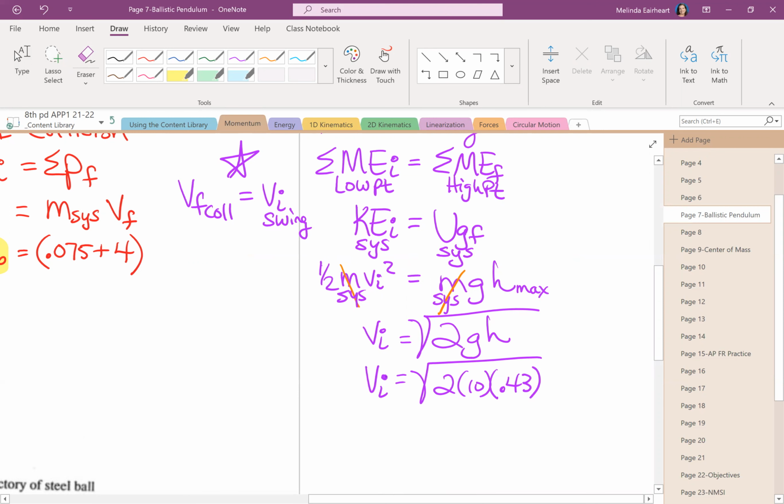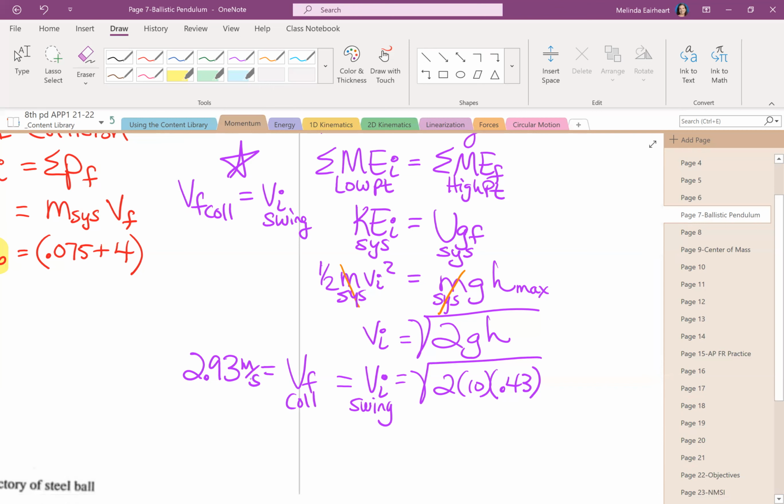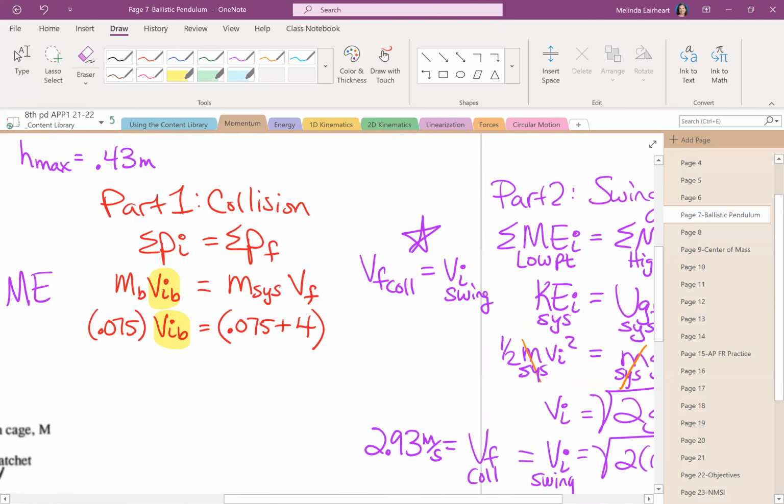So remember, this is the initial for the swing. It's equal to the final of the collision. And I hear 2.93. Sounds familiar. Meters per second. Now, technically, this is a speed. Energy gives us a speed. But if we think about the picture, if we go back to the picture,